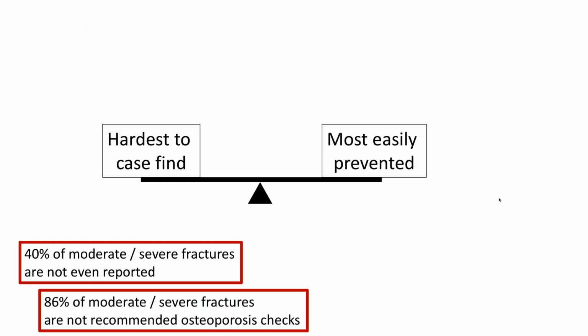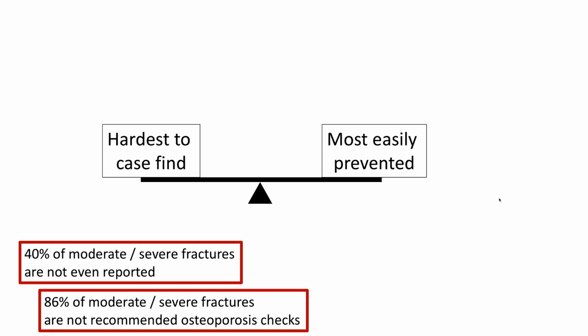And just to highlight this again, although spine fractures can be the hardest to find, spine fractures are the easiest fracture to prevent. Of all the treatments that we have, looking at different fracture sites, it's a spine fracture that shows the greatest reduction in risk with pharmacotherapy. And against this, we know that 40% of moderate to severe fractures aren't even reported, which challenges models where you're just using a secondary review of all the radiology reports to find the fractures. And we know that over 80% of those that have a fracture aren't recommended osteoporosis checks. So this is the reason we put spine fractures as a separate